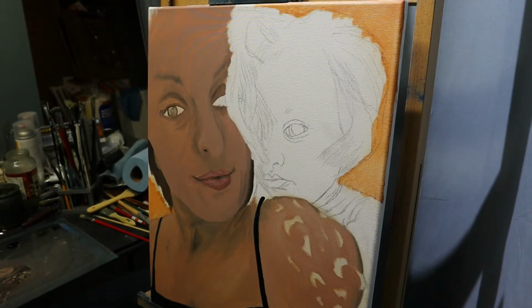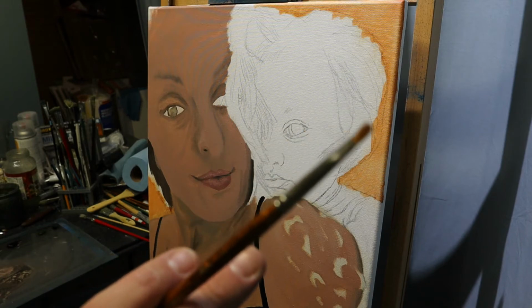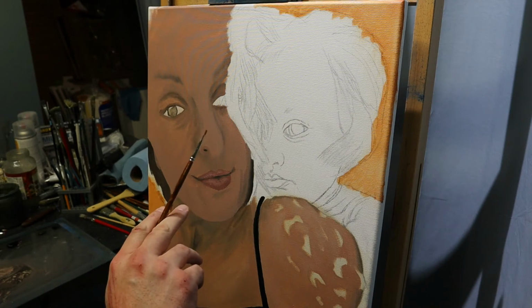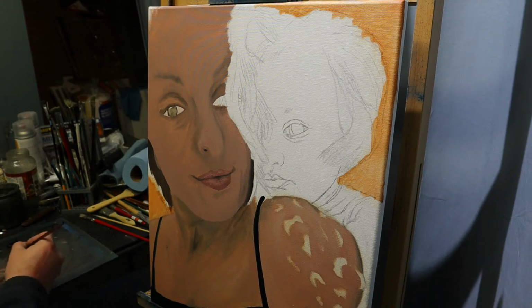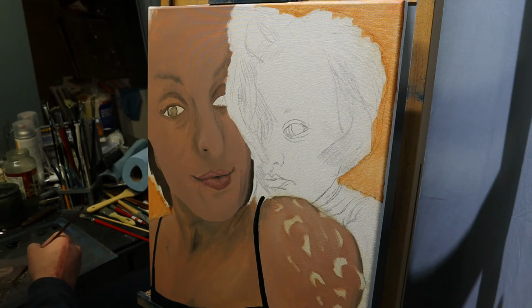Okay, so we can see we made some progress. Now we've got our reference photo firmly in hand, and we're going to work on some details here. We're getting down to a lot smaller. We're not quite using our liner brush, but we've got a really tiny brush. Hard to see, but either way, it's a really tiny one. I'm going to come up here and make sure our palette didn't dry out, which it didn't. That's good. I've got to think of a way to keep that from happening, but